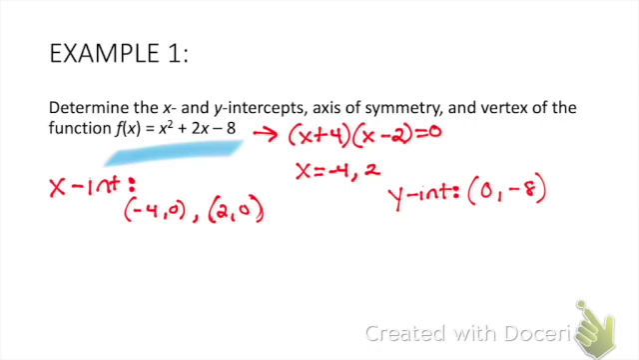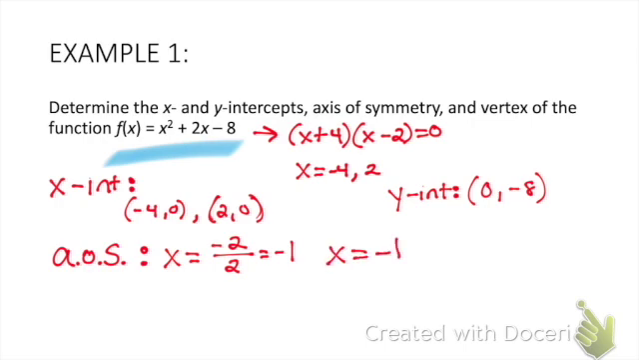Axis of symmetry. I'm going to do AOS for axis of symmetry. It would be x is equal to -b, so -2, all over 2 times my a, which is 2, so -1. So my axis of symmetry is at x equals -1,